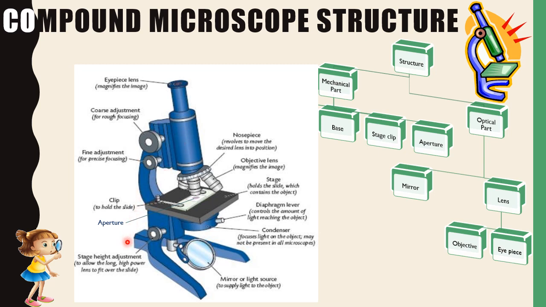So, we discussed the base, the mirror, the aperture, the clips, the platform or the stage, then the objective lenses, nose piece, fine adjustment parts. One is coarse adjustment and the second is the fine adjustment, and the last is the eyepiece. I feel you got a detailed idea about the parts of the microscope, and this is done here not with the exam point of view but for the practical purpose, since we are dealing with this in everyday life in the laboratory.